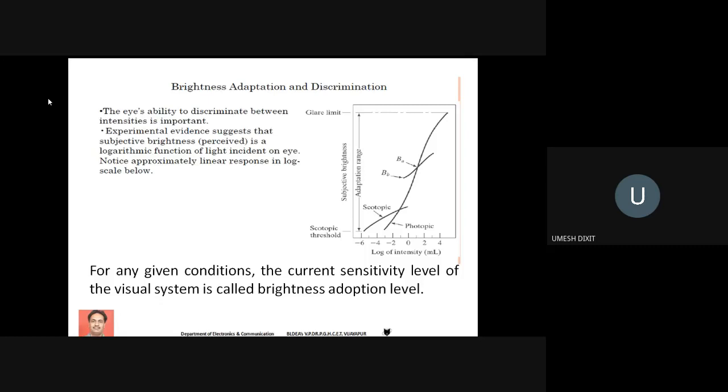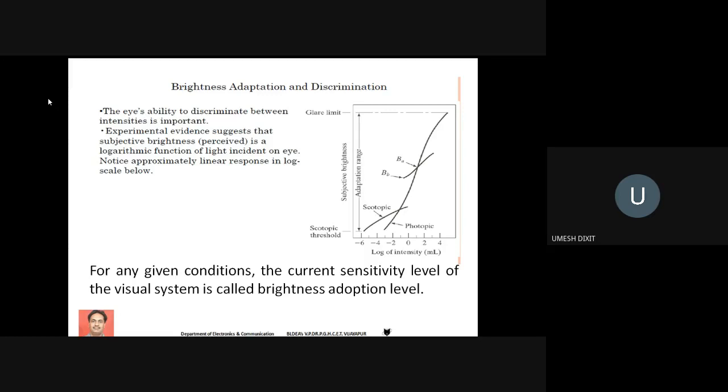It is also called subjective brightness. Usually, the human eye can discriminate only some of the intensities. You'll have a large range of intensities, of course, but the human eye is limited. It can discriminate or identify only a few intensities. Theoretically, you might have any number of intensities while representing the image, but the human eye cannot discriminate or identify all these intensities.